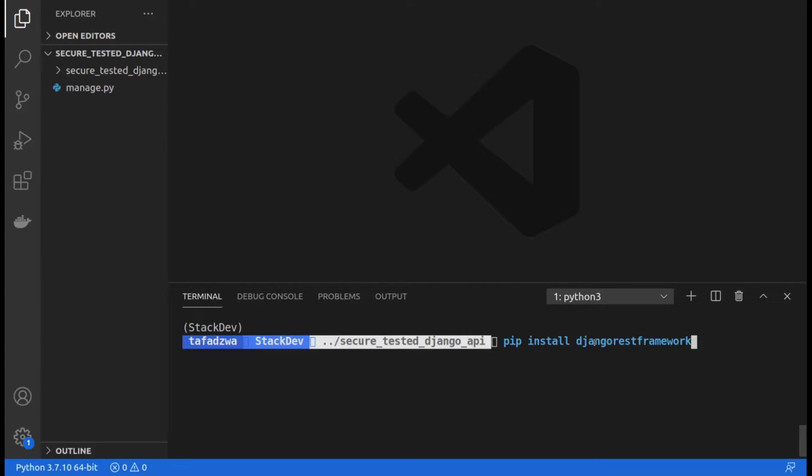Once you have installed this, I'm not going to install it because I've already installed it on my system. The next package that you need to install is Django REST framework SimpleJWT, like so. So then you install this one. This is the one that we'll be using for our JSON web tokens and such, right? Once you have installed these two packages, I think it's time for us to go ahead and